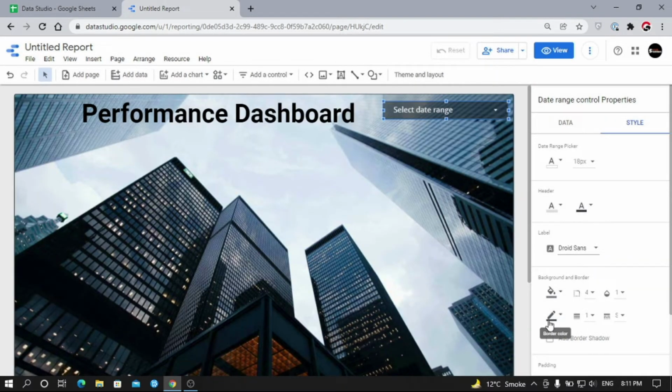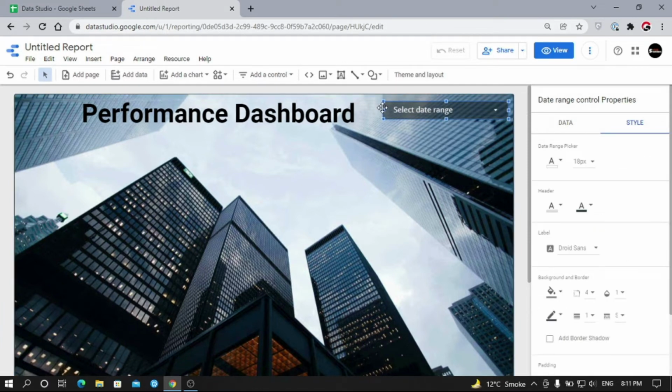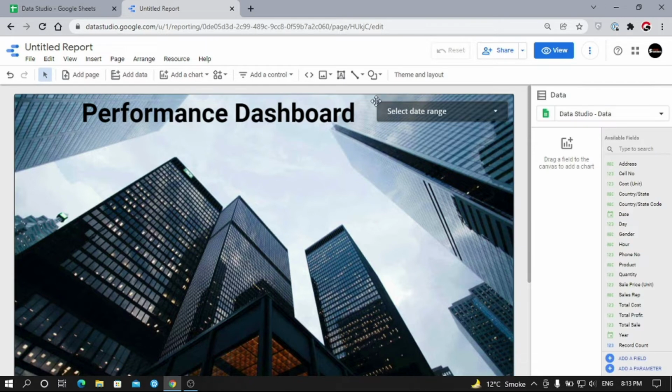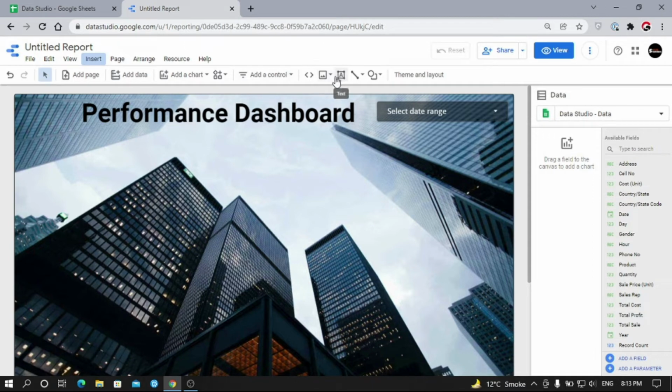Here we can add a few more Data Studio controls, but we will keep only this date range control in this dashboard. So if anyone is watching this as a Data Studio tutorial for beginners, then he or she will not get confused. Okay, perfect. All my headers have been set and now I need a divider or a separator to separate my Data Studio page from headers. So click on this icon to add a rectangle shape. Actually, everything you have inserted from the Insert menu, you have as a shortcut over here in the Data Studio. So let me add the shape here.